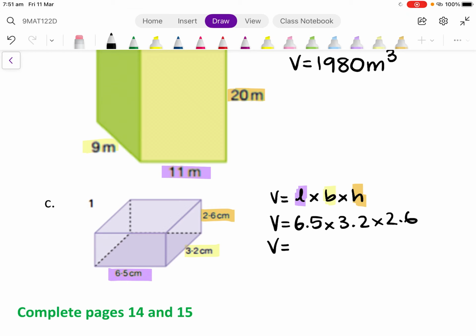If it gives us a fraction, we press the S to D button, which is above the delete button on our calculator, to get 54.08 centimetres cubed. What you're going to do now is get out your booklets and complete pages 14